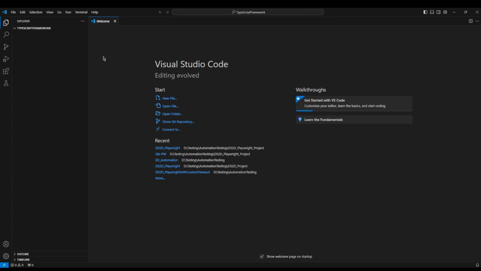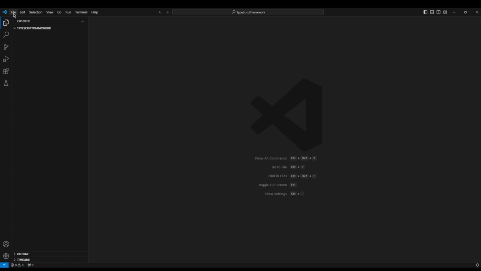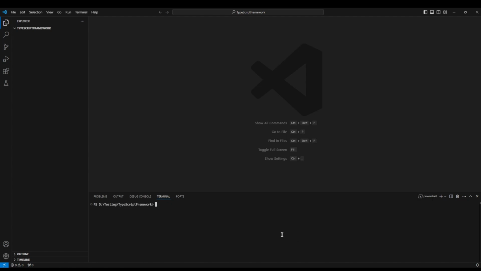So now let's start. We have opened the folder TypeScript framework. Now click on terminal, click on new terminal. My folder is in directory D, testing TypeScript framework. Now your first command should be npm init playwright@latest. This should be your first command to install Playwright. So let's click on run. It will install all the necessary dependencies for Playwright